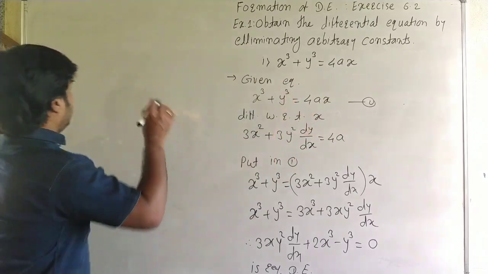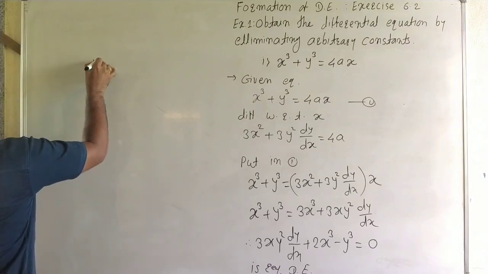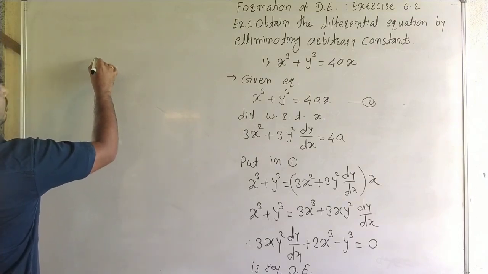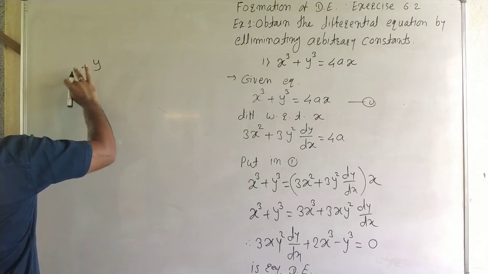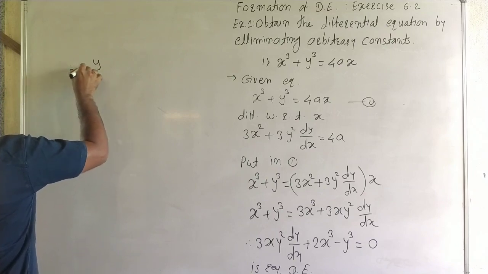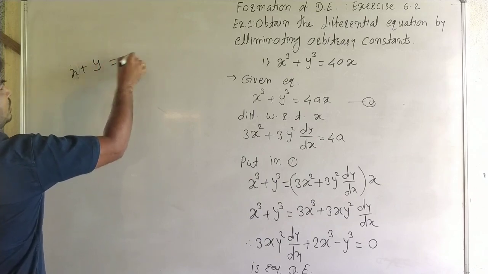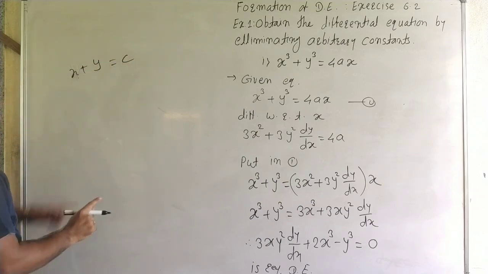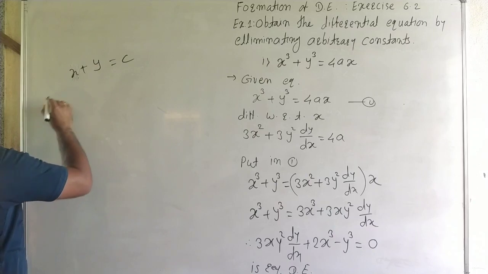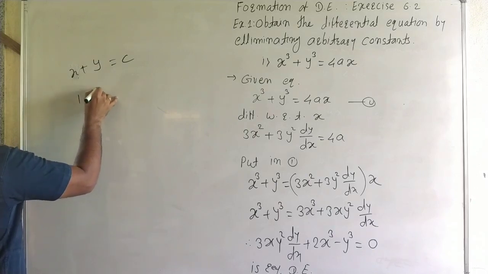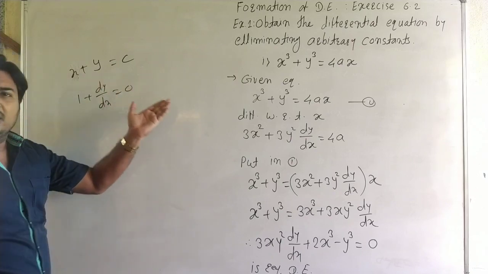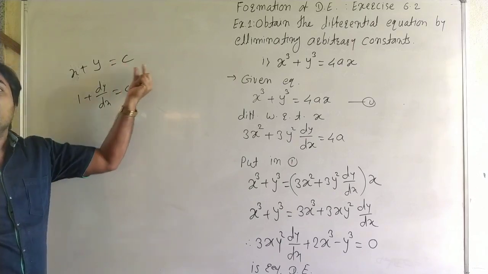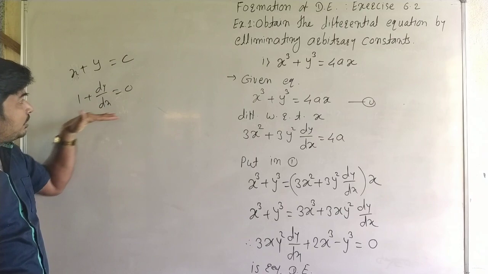ओके, सपोज वी सी द एक्झाम्पल, इट इज x plus y is equal to c. Here c is arbitrary constant. एकच arbitrary constant एकदा derivative, differentiate with respect to x, it is 1 plus dy by dx is equal to 0. फर्स्ट अटेम्प्ट मध्ये आर्बिट्री कॉन्स्टंट इलिमिनेट झाला, इट इज अ रिक्वायर्ड डिफरन्शियल इक्वेशन.